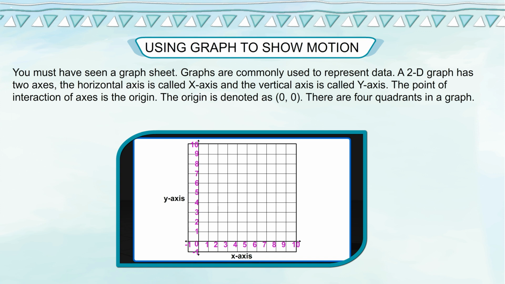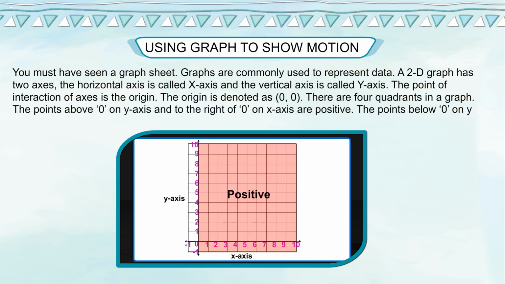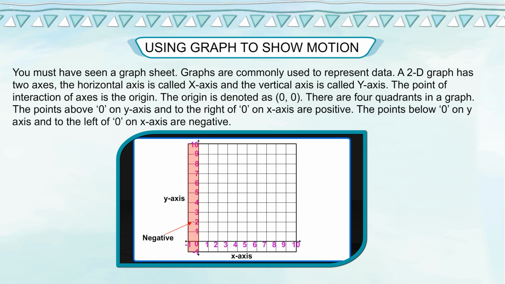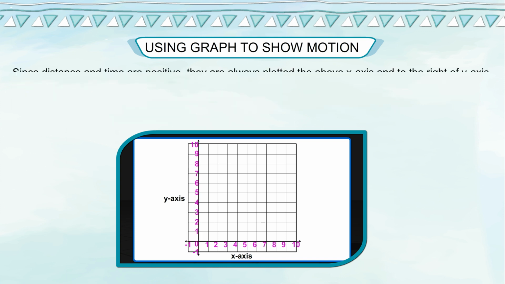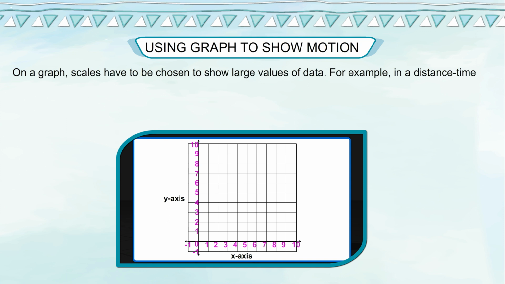There are 4 quadrants in a graph. The points above 0 on y-axis and to the right of 0 on x-axis are positive. The points below 0 on y-axis and to the left of 0 on x-axis are negative. Since distance and time are positive, they are always plotted above the x-axis and to the right of the y-axis. On a graph, scales have to be chosen to show large values of data. For example, in a distance-time graph, 1 centimeter can represent 1 meter or 10 meter or 1 kilometer, depending on